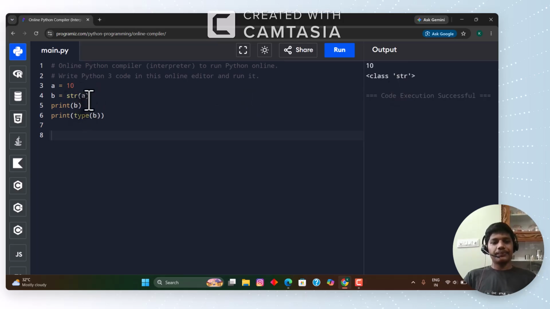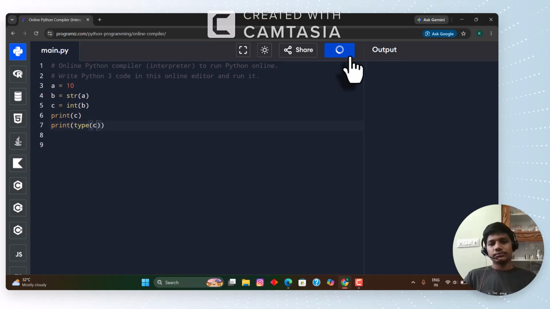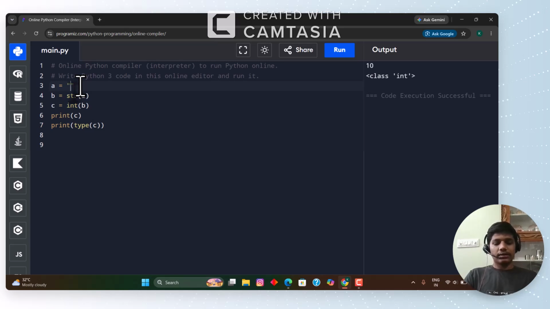So if we run the process in the same way again, c equals to integer of b. Okay, if we print c, it will give 10 and class int. We can change a string into an integer again, but if we take a string here,